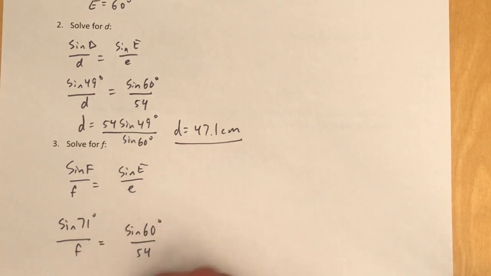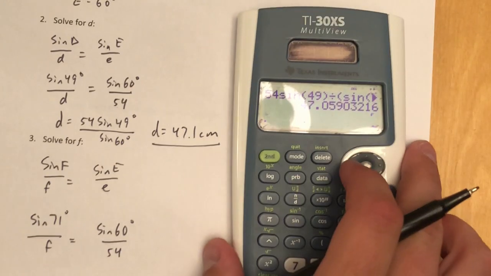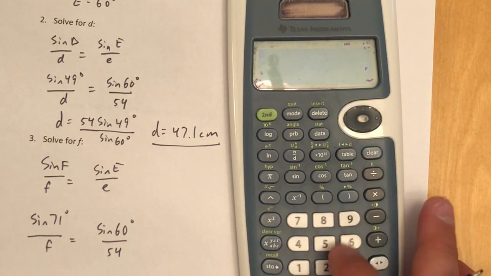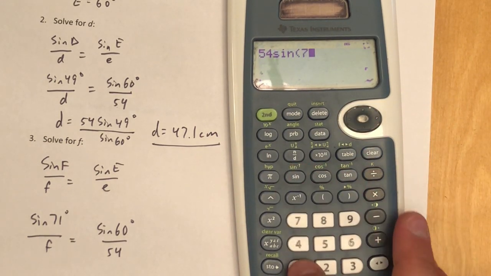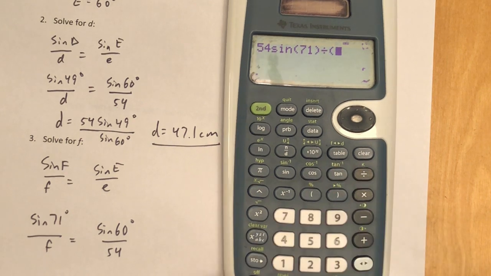Cross multiply, then divide. 54 times sine 71 divided by sine 60 is equal to 58.96. When we round this to one decimal place, f becomes 59.0